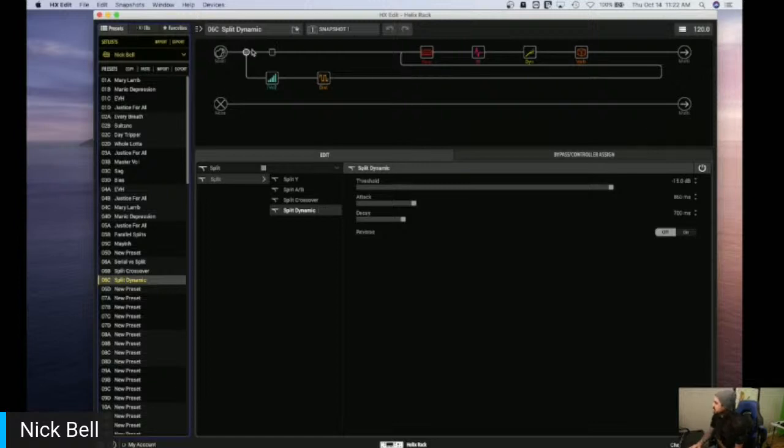So what happens here with the dynamic is that when you are playing your guitar, if you are below the set threshold, you will only pass through the A path. If you are above the set threshold, you will pass through the B path. So it's very similar to an A-B-Y box in a way, because once you pass the set threshold, your signal is going to pass through the B path and the A path simultaneously and hit whatever you have happening